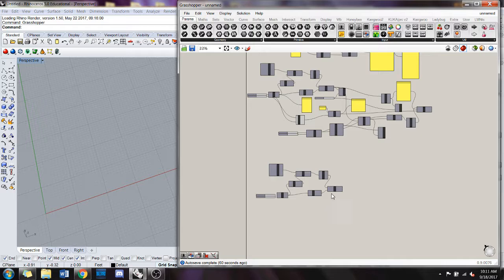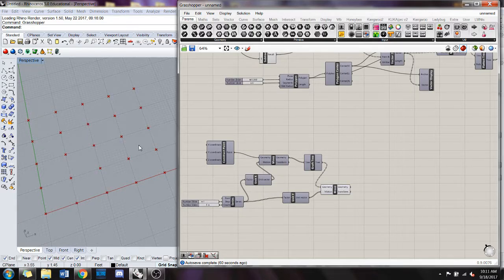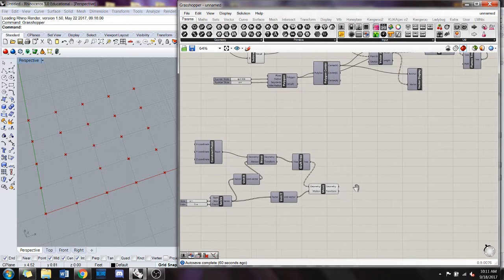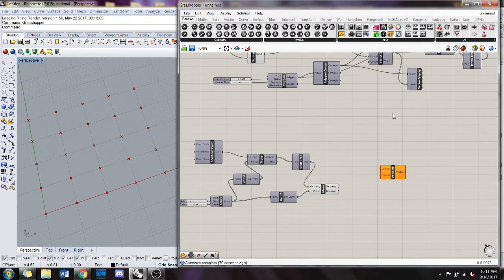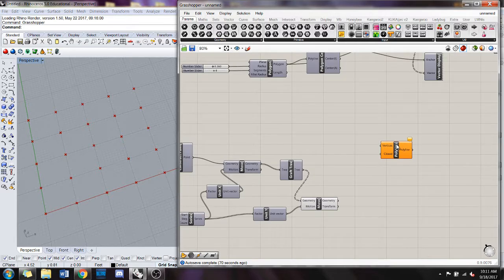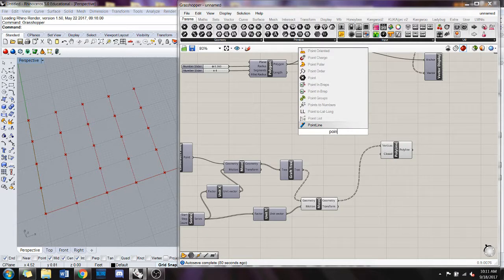So if we've got this move set up, we talked a little bit about how polylines work. I'm just using a pline command, bringing it up instead of searching for polylines. It's asking you for the vertices, and we're going to use this geometry point set as the vertices. So if we put our point list in here,